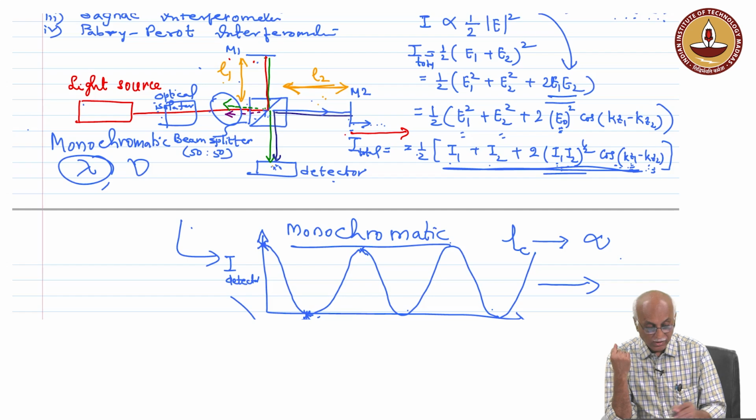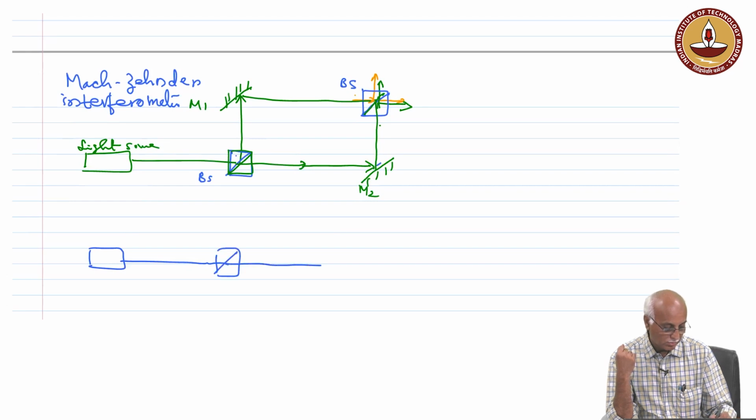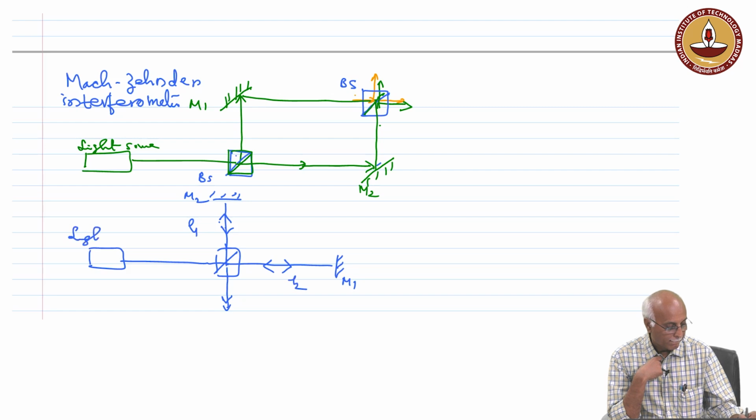So, let us say we consider either the Michelson interferometer, so this is the Michelson interferometer, or the Mach-Zehnder interferometer. What we will observe